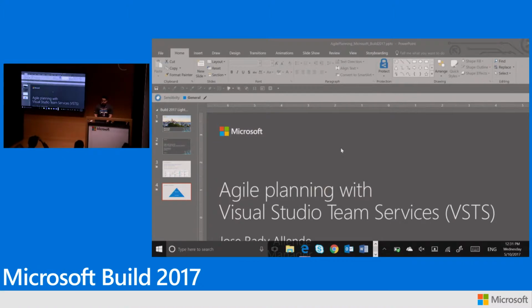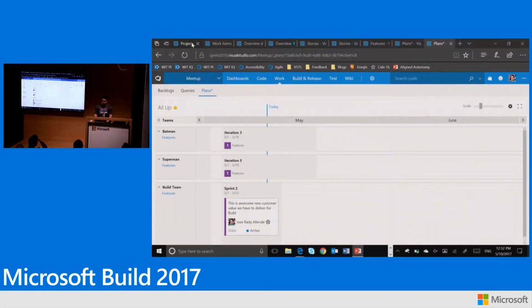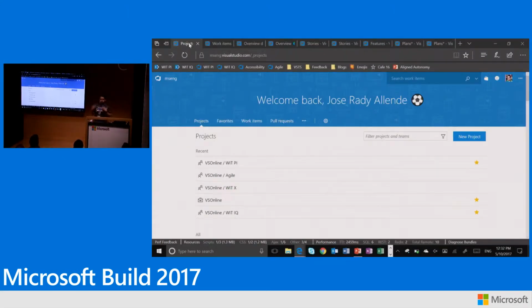So, big disclaimer, I'm going to be using real data. If you guys do not know, the Visual Studio Team Services team uses Visual Studio Team Services to build Visual Studio Team Services. You know, Inception, I know, a little bit confusing there. But I just like showing real data because it shows you guys how we use the tool in our own organization. The Agile organization for Visual Studio Team Services is made up of 4 teams, about 50 engineers, 6 PMs, and we all report to my manager, Aaron Bjork.